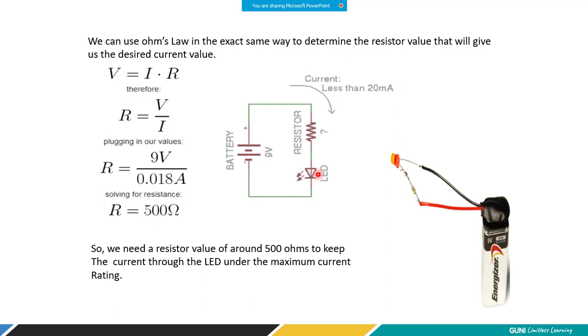So what I need to do is apply this formula in order to calculate the value of the resistor, V upon I. So my V was 9 volt. The current capacity given to me was less than 20 milliampere. So less than 20 milliampere could be 19 milliampere, it could be 18 milliampere. So to make the calculation easy, we have decided that it should not increase to 18 milliampere. So when I say 18 milliampere, it's going to be 18 cross 10 raised to minus 3 ampere.